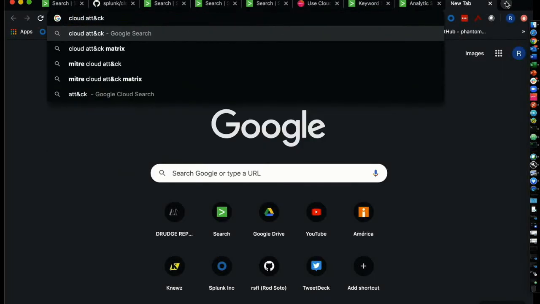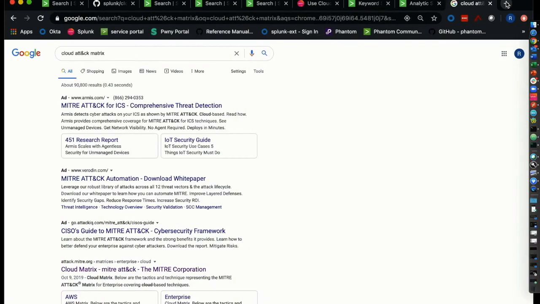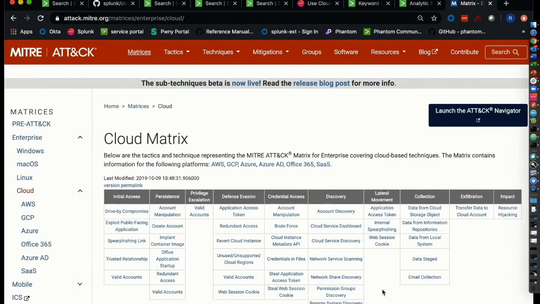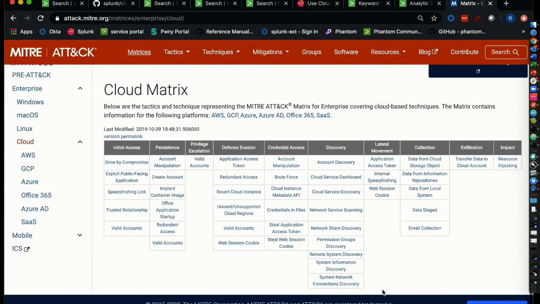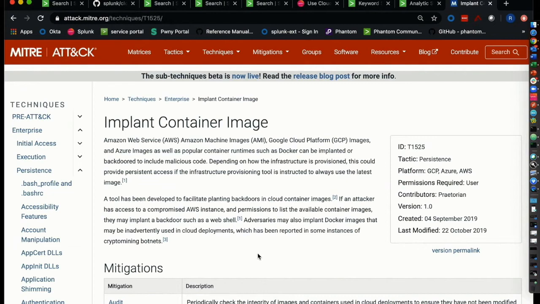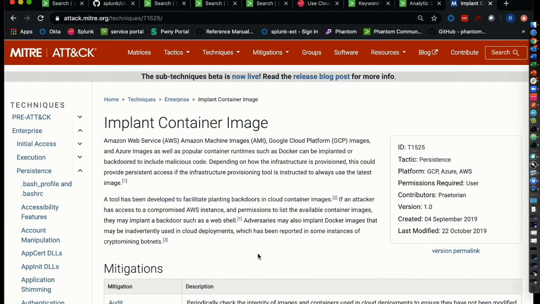And if we take a quick look at MITRE, which is the leading company when it comes to TTP nomenclature, there is something called the cloud matrix, and the cloud matrix is one of the things that we use to develop content. So in this case, we're going to be looking at container implementation, and as I highlighted previously during this demo, it's a technique within the cloud matrix, which is defined as T1525, and is under persistence, where a container is implanted with a